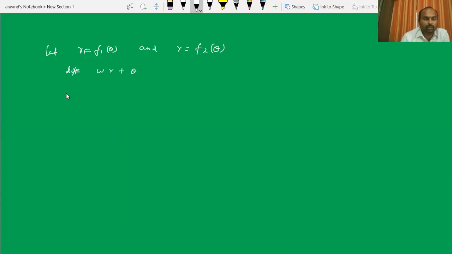So here, when you differentiate, you will get cot phi 1 for the first curve, and for the second curve we will get cot phi 2. That is, 1 by r dr by d theta, which will be denoted as cot phi 1. Here also we will get 1 by r dr by d theta, which will be denoted as cot phi 2. And we will find out phi 1 and phi 2, and we will take the difference.